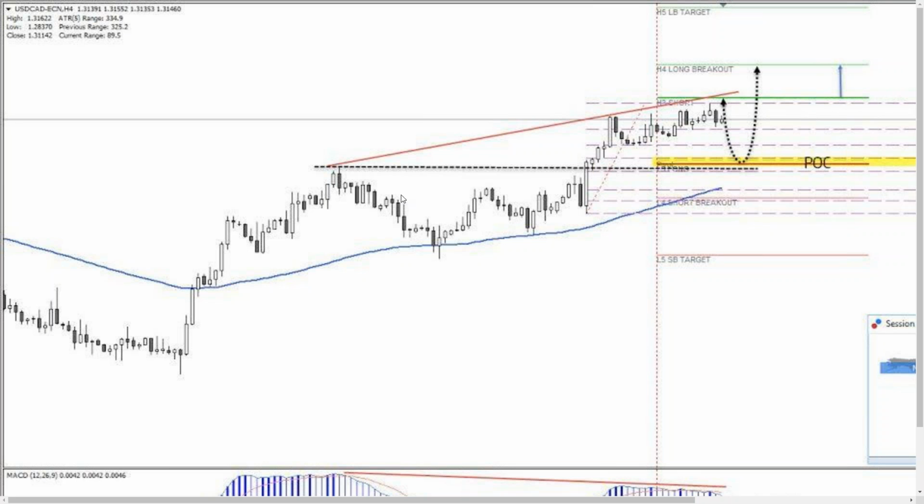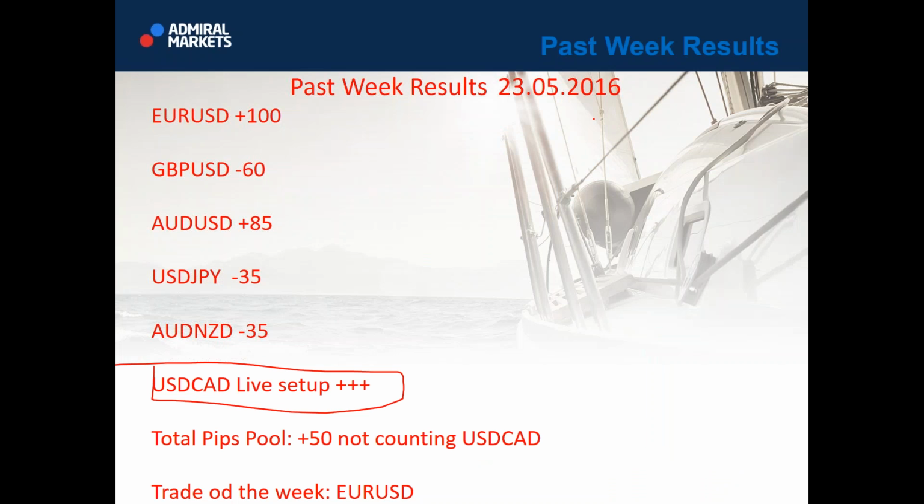Also, a live setup was given, so I don't know. I think dollar CAD maybe could have been one of the best trades, but that was a live setup. It wasn't actually in the slide. So the total pips pool was 50 pips, and the trade of the week was definitely euro dollar,